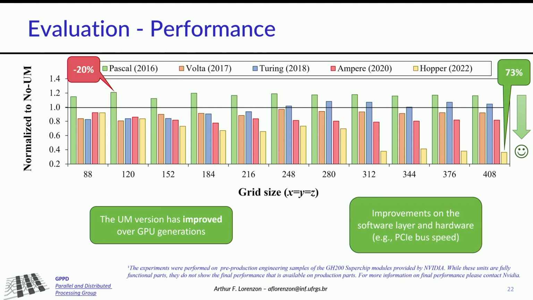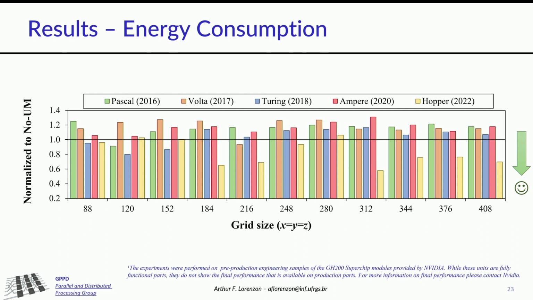And the main parts of these improvements can be related to the improvements on the software and hardware layer. For example, the PCIe bus speed that has changed across the generations. Well, considering the energy consumption, for most of the GPUs, the hand-tuned version delivered lower energy consumption than the unified memory version. And in the worst case for the unified memory version, it spent 31% more energy